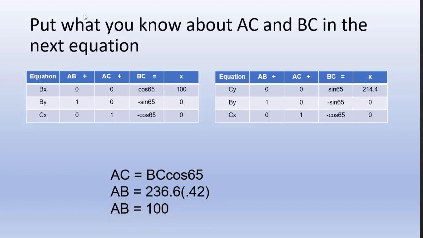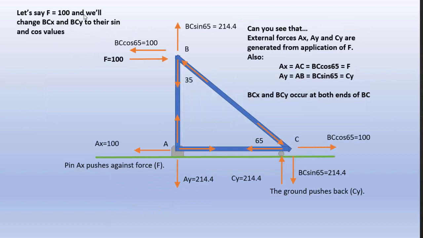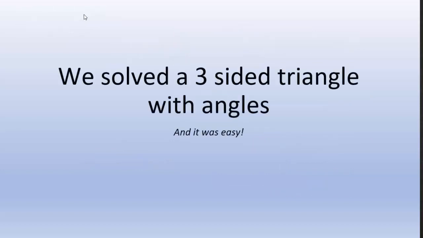And if I look, I have a nice sanity check. My A of x, my ground force, is opposing the external force of 100 up there. So all my external forces going left are countered by my external forces going right. If we look at the vertical ground forces, A of y is 214.4 pushing down, C of y is 214.4 pushing up. So all of my forces equal out, everything looks correct, and we've just solved a three-sided triangle with angles,